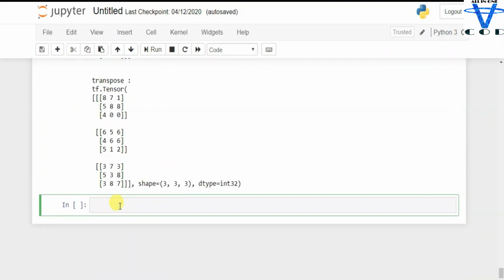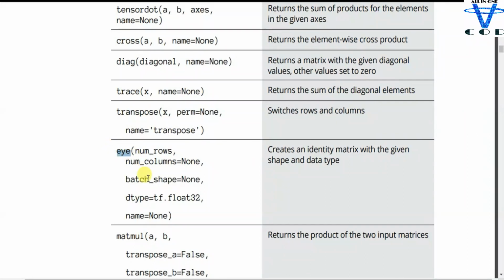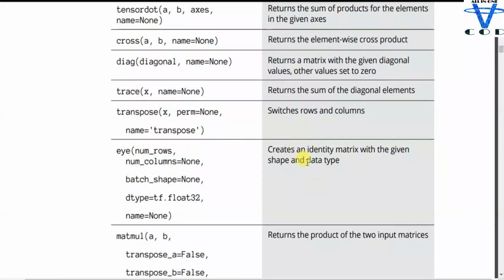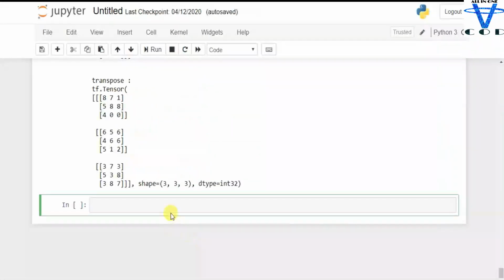Now let's move on to the I function. You know the I function if you know numpy. It creates an identity matrix with the given shape and data type, and transpose is the numpy function too. So let's use I for now, which takes the number of rows as the parameter, and it creates the identity matrix with the given shape and data type.